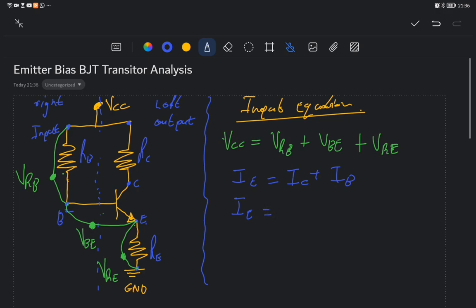IC is equivalent to IB multiplied by beta, right? And then after that,